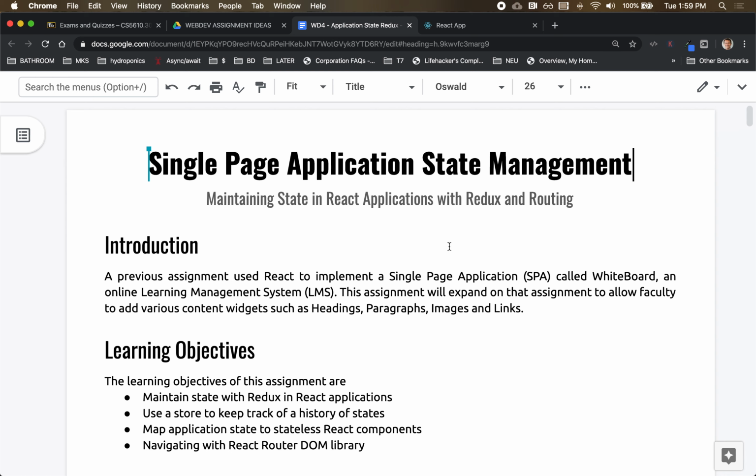All right, so the fourth assignment is going to give us a chance to practice managing state inside of an application. One of the limitations that we have right now is that when you reload the application that we are building, it doesn't remember where it was, right? If you had navigated away from one page and it's in another page, there's no way that it can survive the refresh, right? It just resets the entire state of the application going back to its initial state. So we'd like to be able to encode the state in the URL so that even if the browser refreshes, we can survive that refresh and reconstitute the page based on the encoding of the state